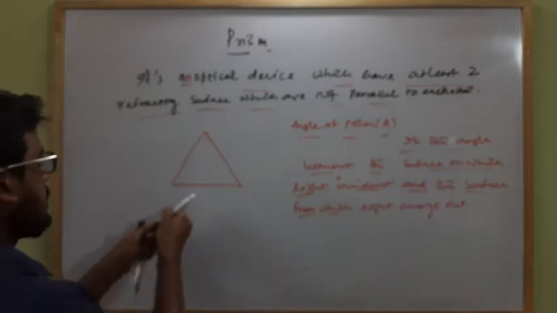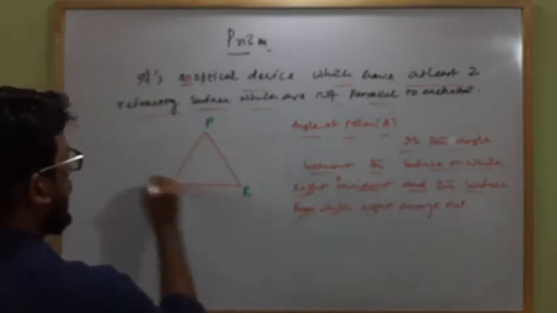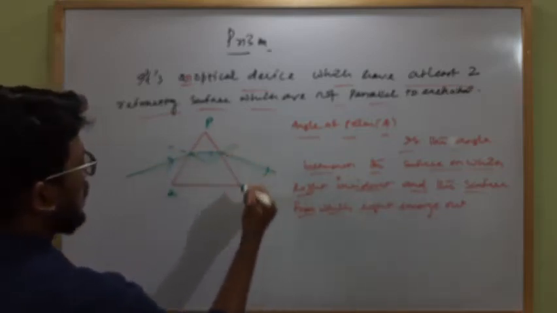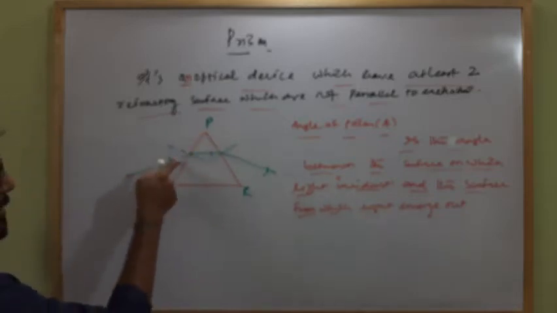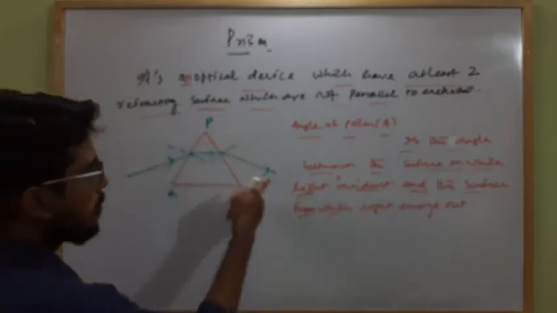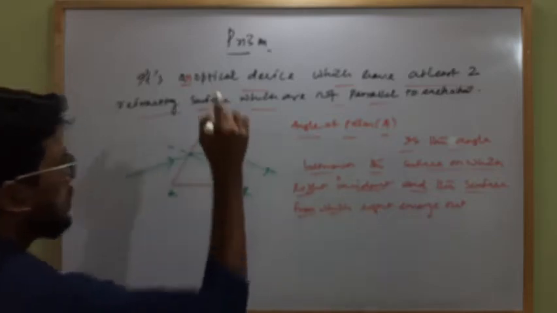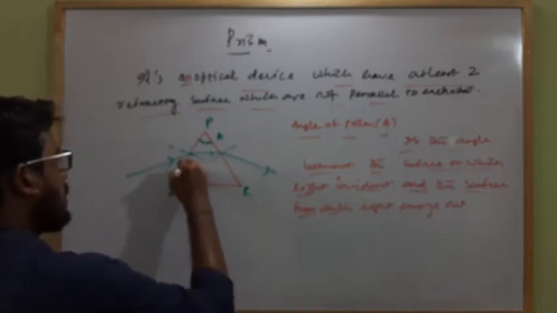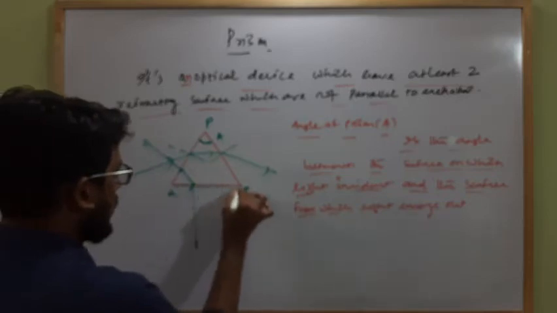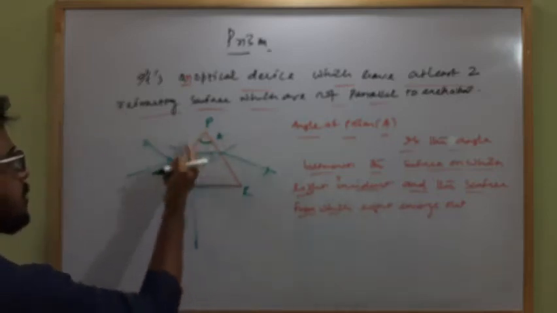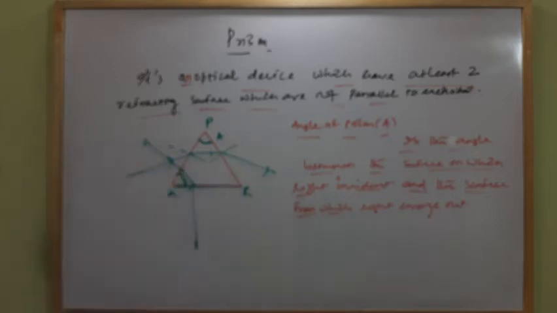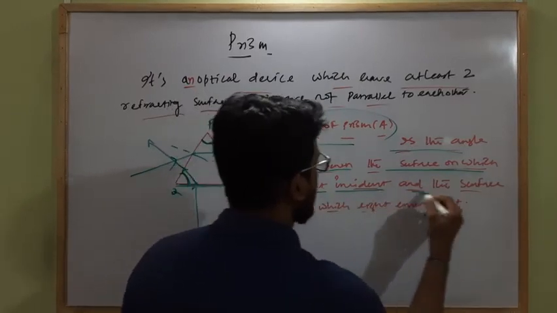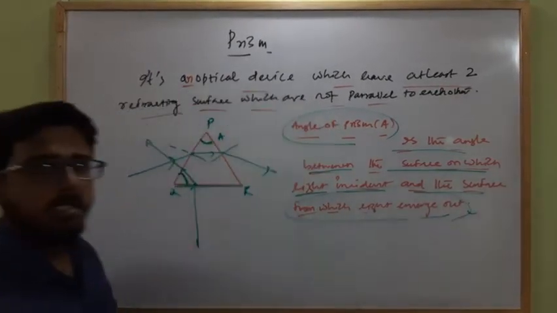That means if this is a prism PQR, light is incident on this surface, this is the normal. After refraction it will travel along this direction, this is the normal, and it goes out. So PQ is the surface on which light is incident and PR is the surface from which light emerges out. So this angle is known as the angle of prism. But it's not always this angle. If light is incident along this axis, and after refraction travels along this and goes like this, now QR is the surface on which light is incident and PQ is the surface from which light emerges out. So now this will be the angle of prism. So you have to remember what the angle of prism is: it is the angle between the surface on which light is incident and the surface from which light emerges out. Clear? Okay.